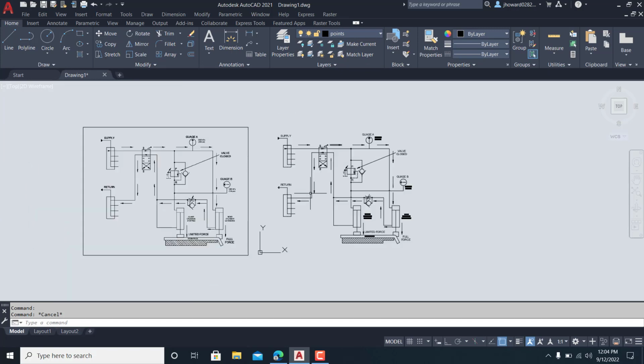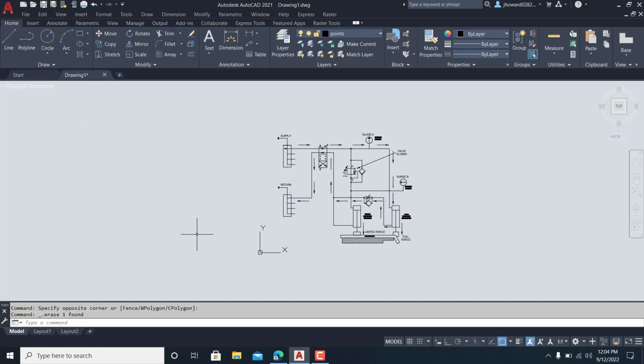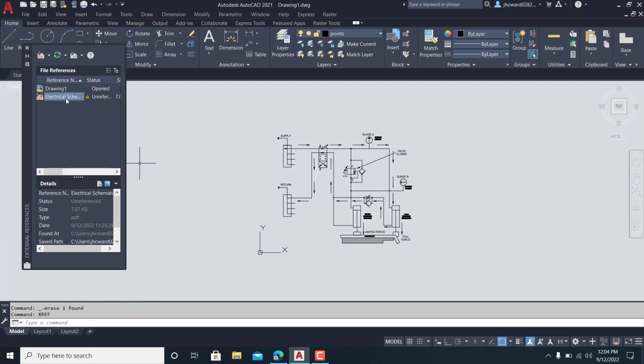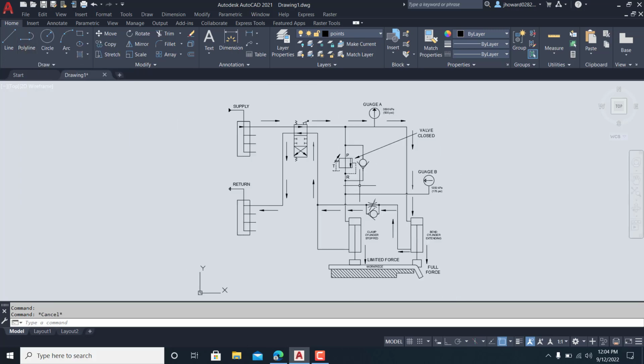So basically we've got that. I want to go ahead and delete off the PDF we brought in through an XREF. And I'll XREF it again just to make sure it's gone. It is not gone, so I'll right click and I detach it so it's gone. Okay. Now here is this, and you guys need to go ahead and finish up all the points